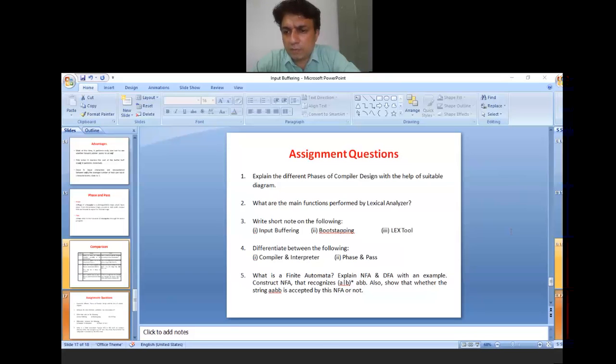If you don't have the sessional pages, then write in a plain sheet. And I am creating a Google Classroom for the compiler design subject, and you need to submit these assignments in the Google Classroom of compiler design subject.